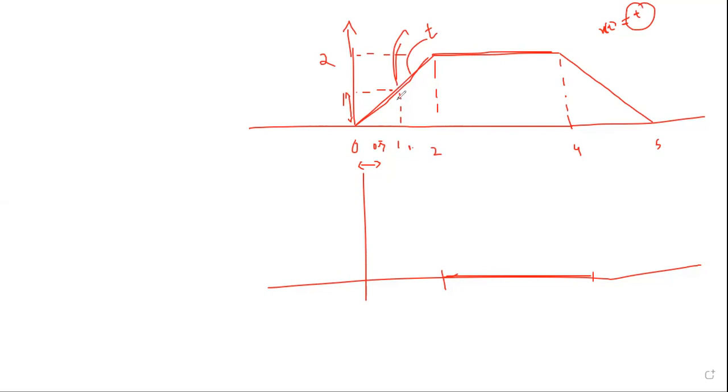Did you understand why? See, the amplitude at 0 is 0. The amplitude at 1 is 1. So 1 minus 0 divided by 1 minus 0. So how much is it? So this is going to be 1 only. So that is why they said. So how do I draw this particular thing? See, this is the differentiation. Differentiation of t is 1. Differentiation of a constant is 0.